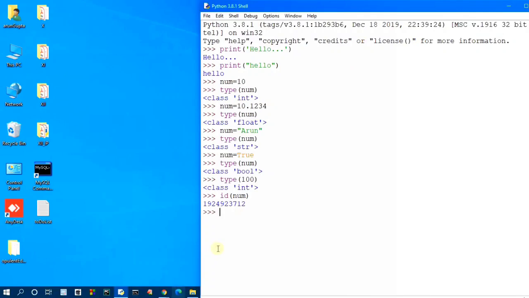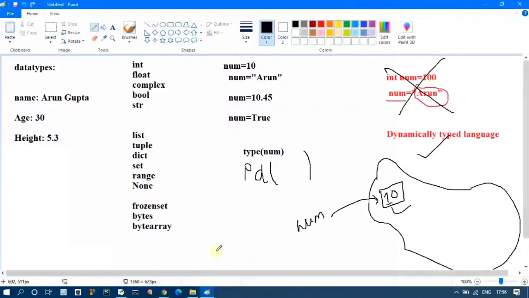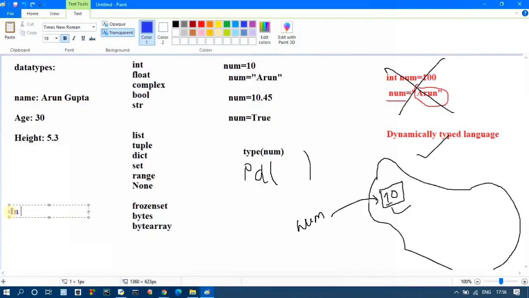And you need to remember one thing especially: in Python, everything is an object. What is the meaning of this statement? Later you will understand.